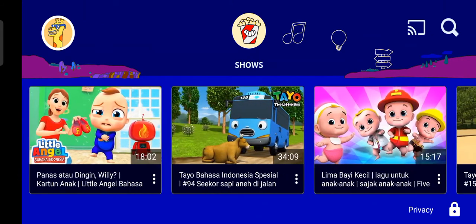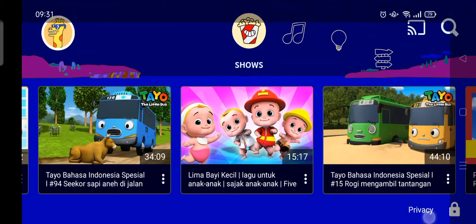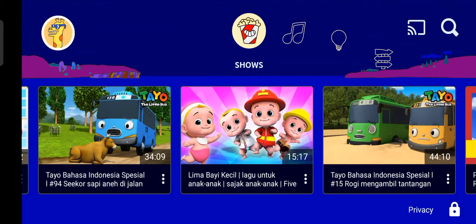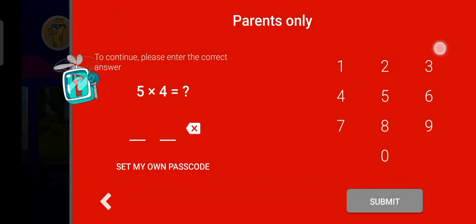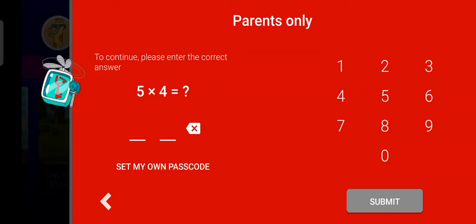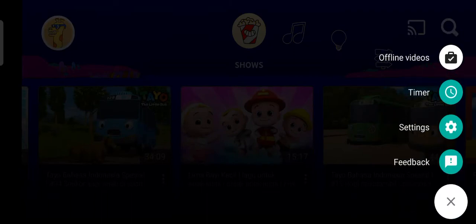And here is my YouTube Kids app, and if you want to do that, you can just click on the padlock icon at the bottom of your YouTube Kids app, and here you need to confirm that you are really a parent. So you just need to answer this question. This is the security question. You can just type in the answer and then click on submit, and in here you just need to click on settings